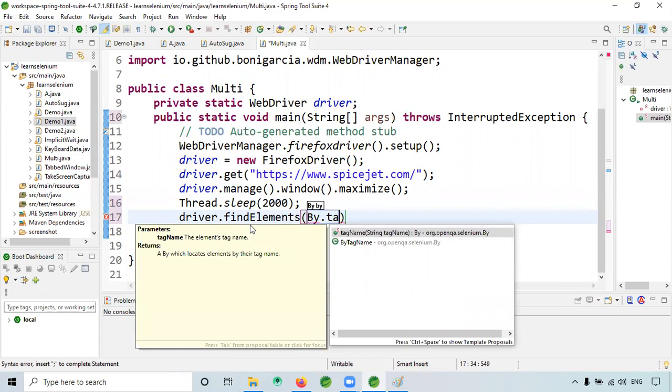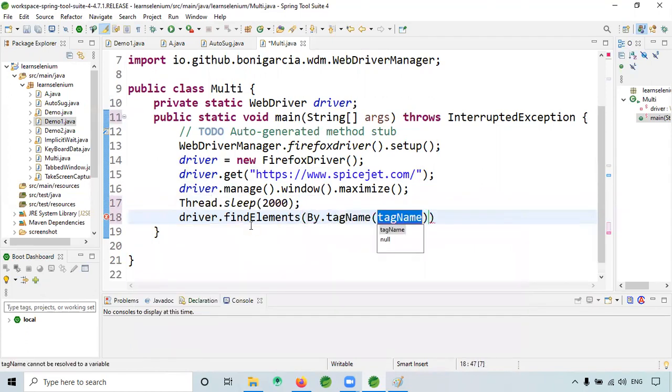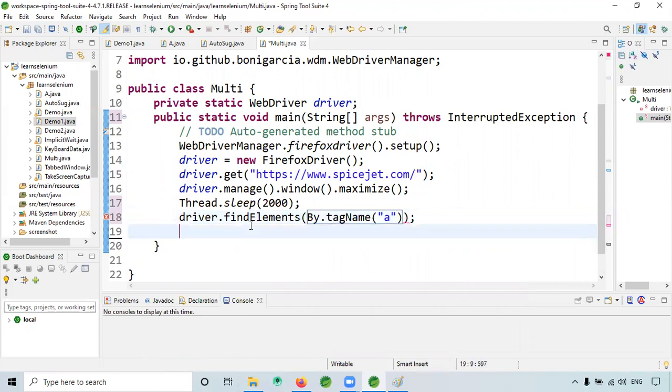The tag name will always start from a, like a href. So I have given tag name a.